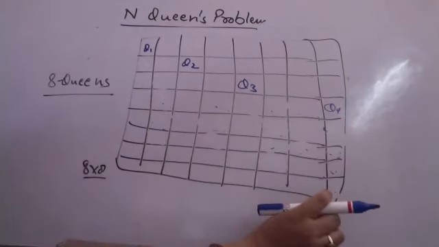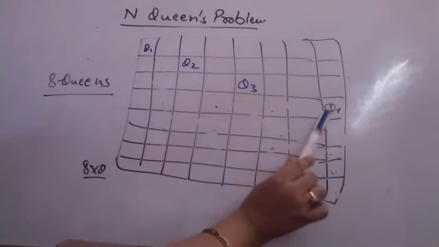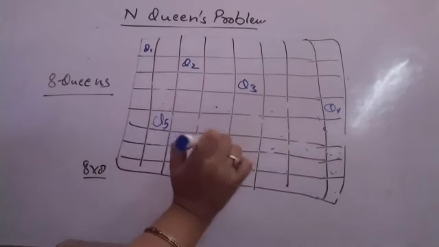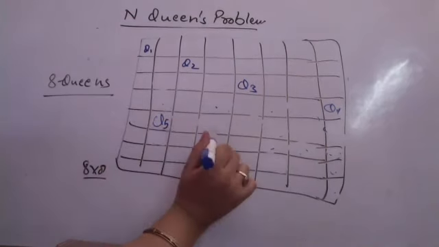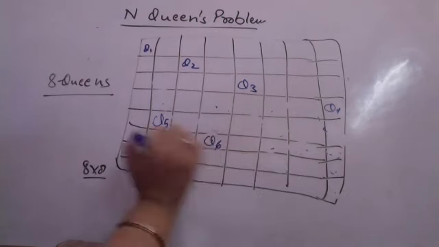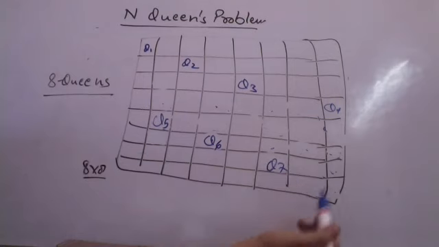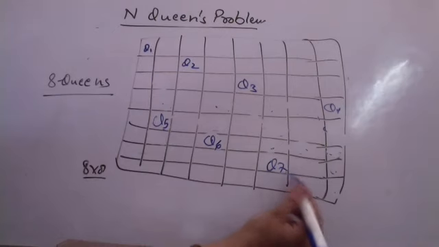Are you all able to understand how I am backtracking? Now queen 4 is here. Queen 5 can be put here in the 2nd column. Queen 6 can be put here in the 4th column. Queen 7, if I am putting it here, yes, it can be put here. But again, queen 8 cannot be put anywhere. If I put queen 8 here, queen 7 and queen 8 will be having diagonal issues.